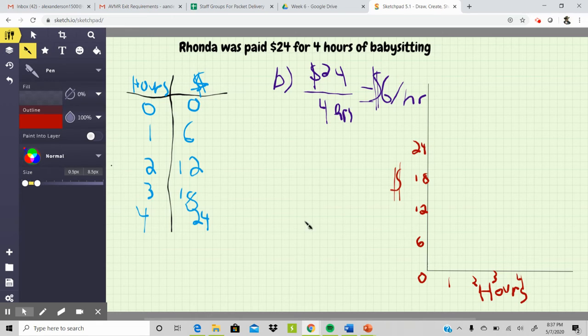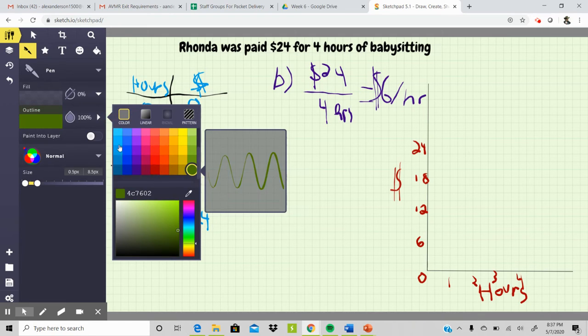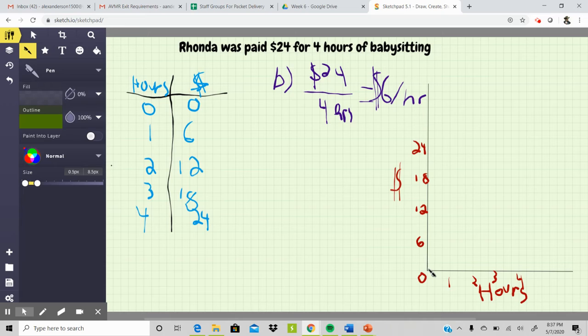So at 0 hours, I've earned $0. That means I have a point right here. And at 1 hour, I've earned $6. So there'd be a point right there. At 2 hours, I would earn $12. 3 hours, $18. And 4 hours would be